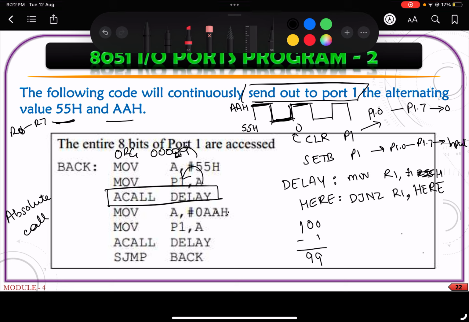Now, DJNZ R1 here. So you're going to decrement the value of R1 and check if it's 0. Is it 0? No. So you're going to jump where? Here. So basically DJNZ, that is the decrement